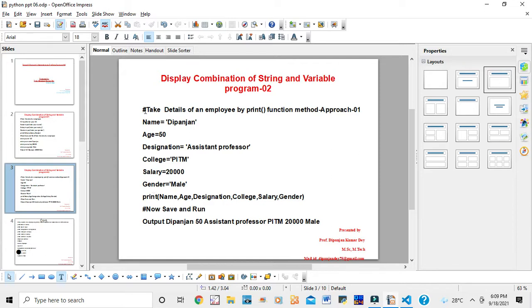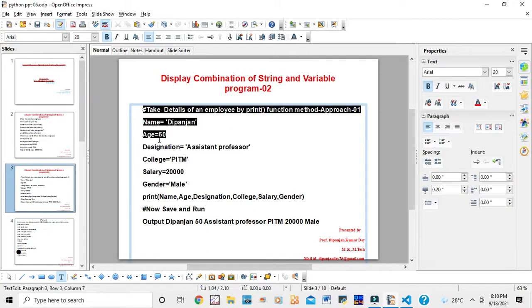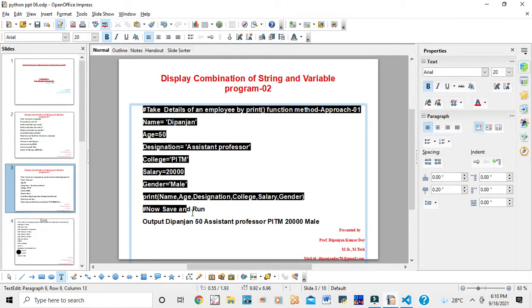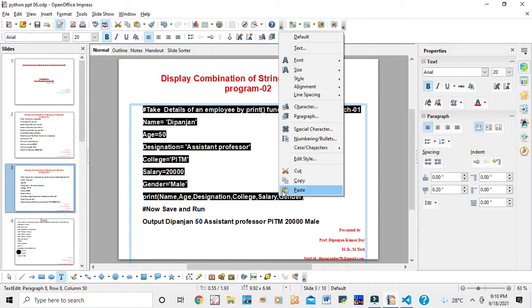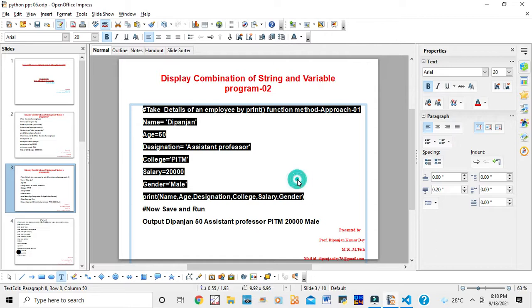Now what I am doing, I am just copying this. Copy from here. Then you can see the output. Then I want to see in my VS Code.